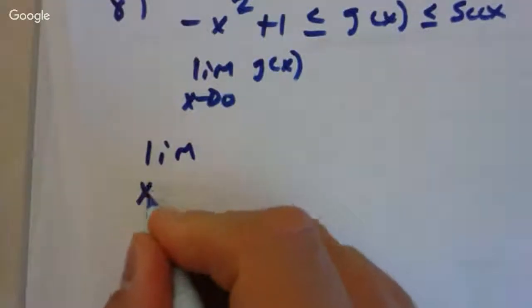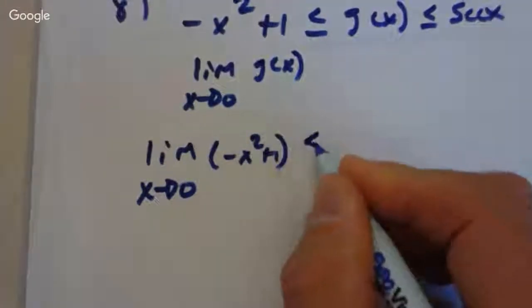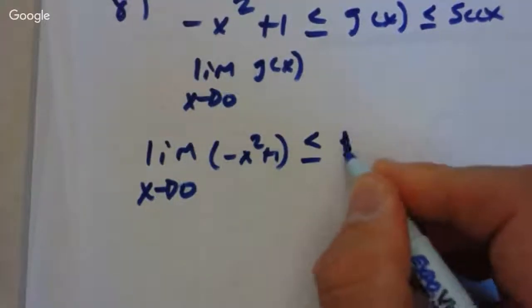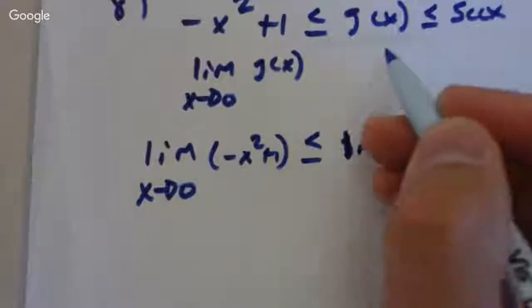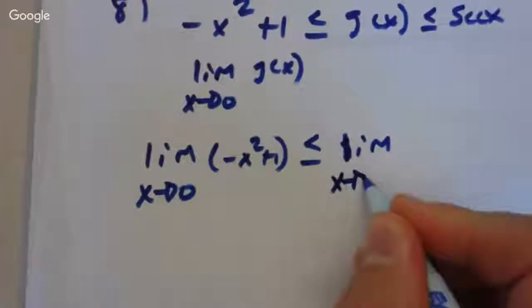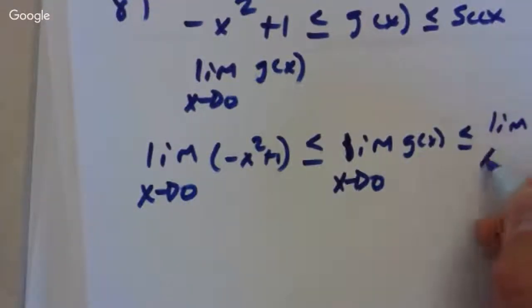Because the limit as x approaches 0 of negative x squared, and notice I put it in parentheses just so there's no doubt, even though there really shouldn't be any doubt. So this applies. Now we have to see, does it apply for the limit too? So we have to put the limit in there. And notice again, I'm using that really precise notation. Yes, I know it involves a lot of writing, but